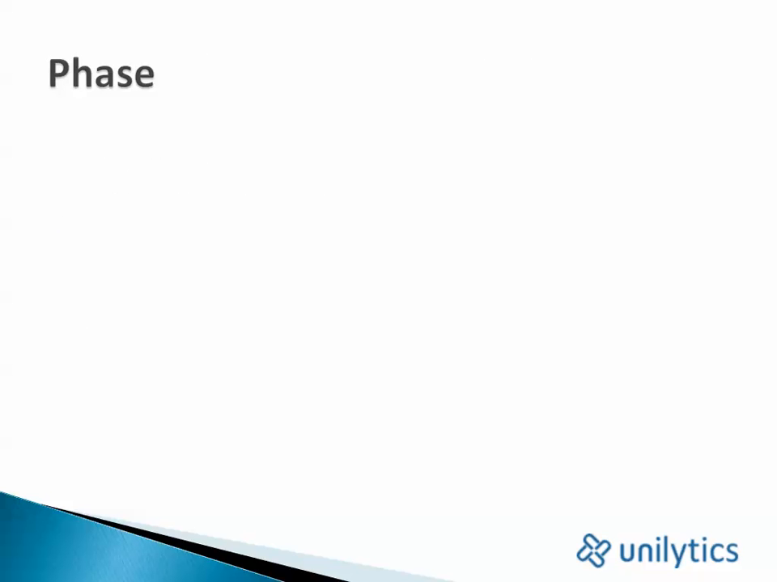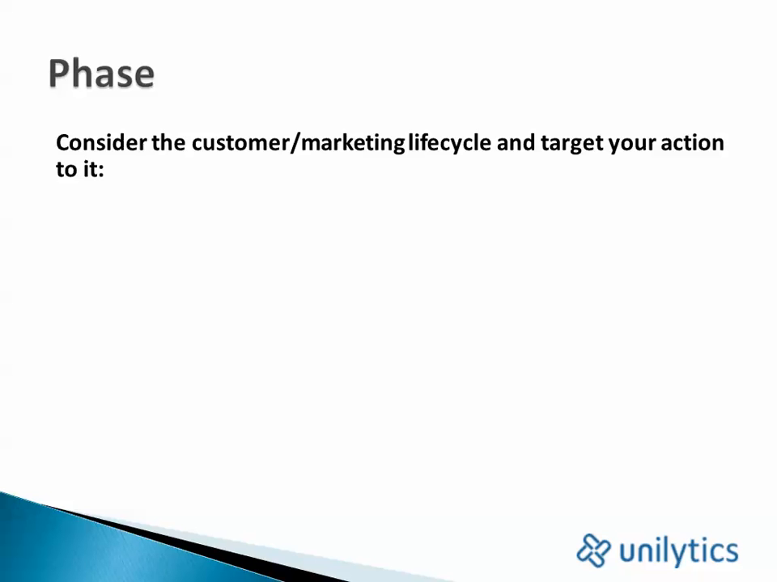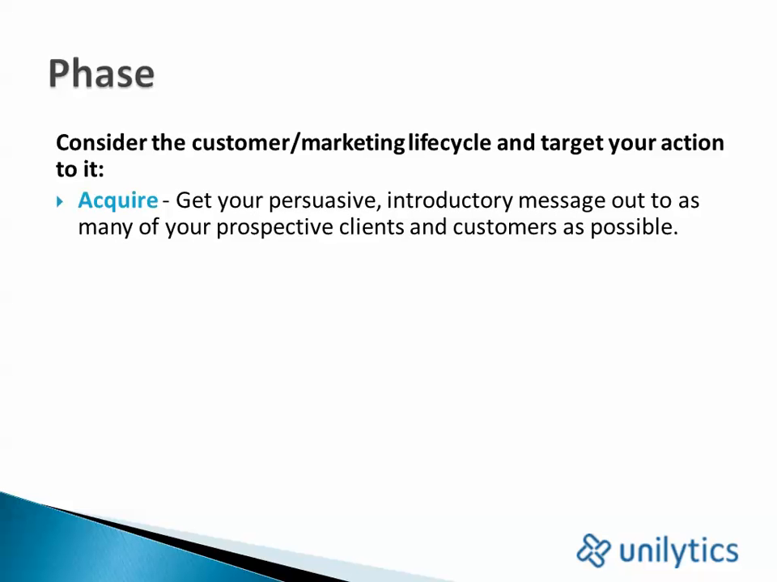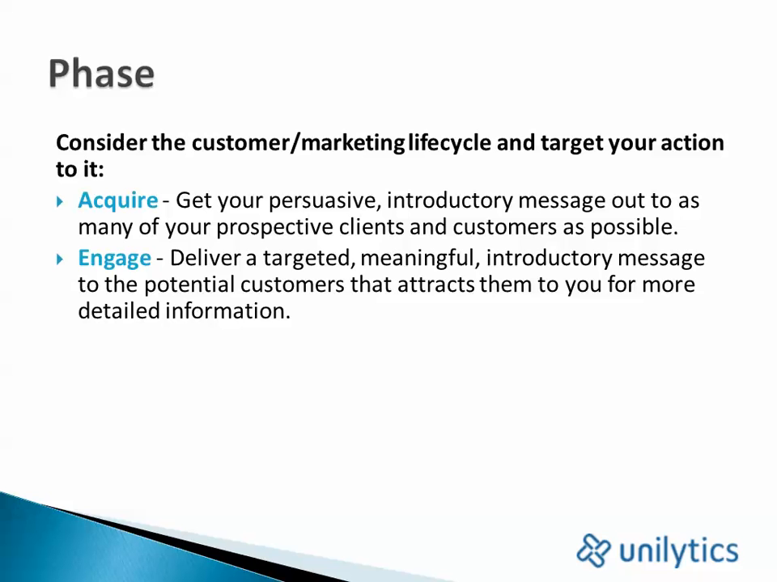So the phase is really all about customer or marketing lifecycle, and it is all about targeting your action to where that potential customer or customer happens to be in their lifecycle with you. It consists of 4 phases. The first is to acquire, where you're getting your persuasive introductory message out to as many clients as you possibly can, or prospective clients. Once you get that message out there, so that's all about volume, then you have engagement,